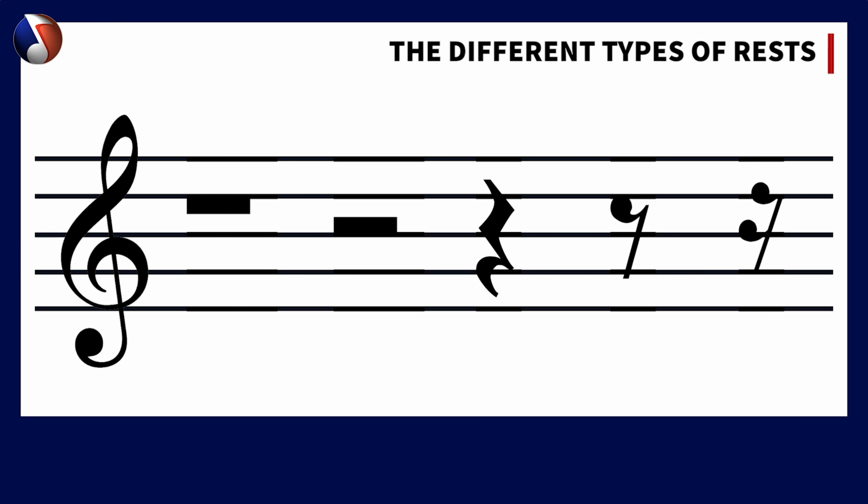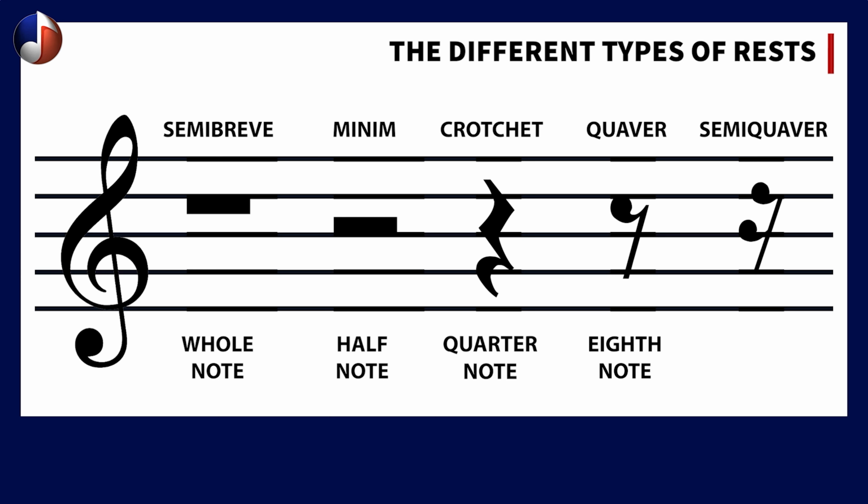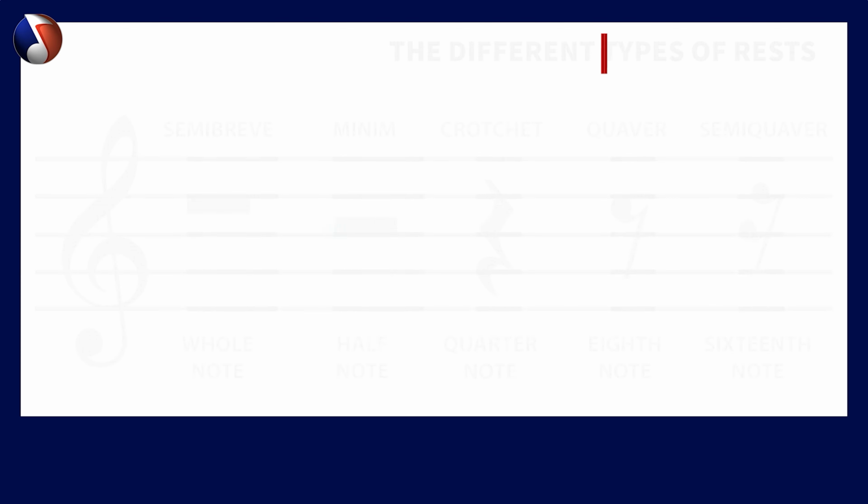There are several different types of rests. Starting from the longest to the shortest, we have Semibreve, a whole note rest; Minim, a half note rest; Crotchet, quarter note rest; Quaver, eighth note rest; and finally Semiquaver, which is a 16th note rest. Each of these has its own unique symbol and duration, and they can be combined in different ways to create